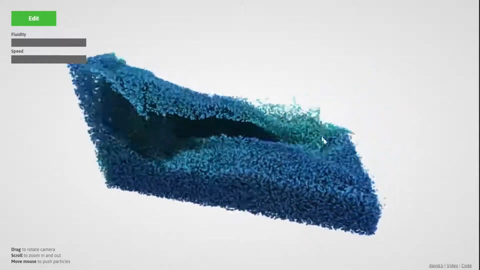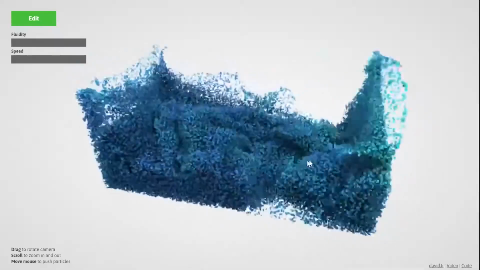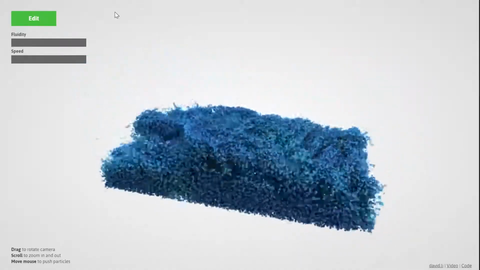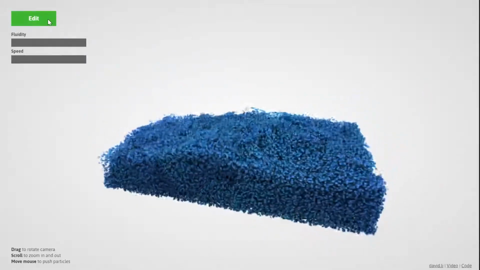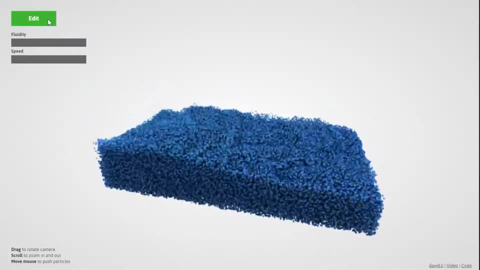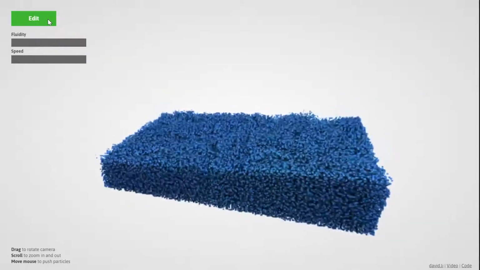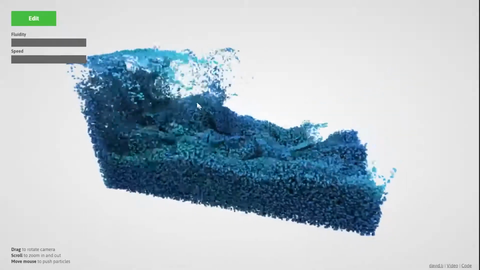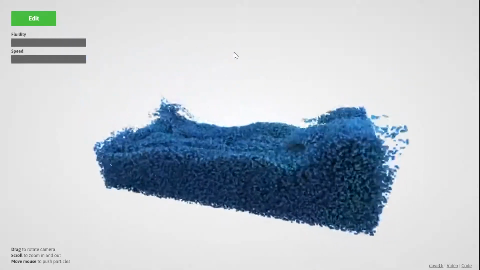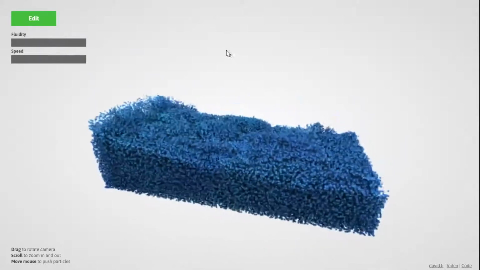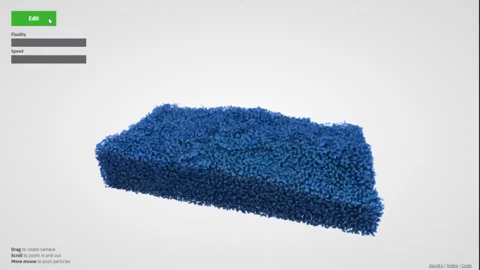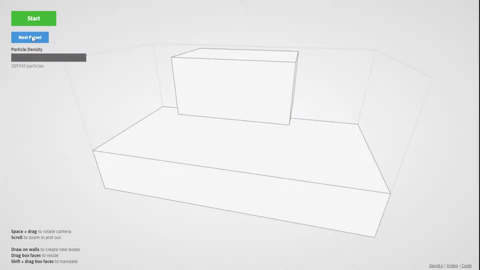So you can see handling this many particles is not that big a deal at all. And it's running on the GPU still. So there's quite a bit of compute power going on here, but it's doable in real time. Although if you want to get high fidelity simulations like we would use in movies, for example, you would probably want to have a lot more particles than what's presented here.